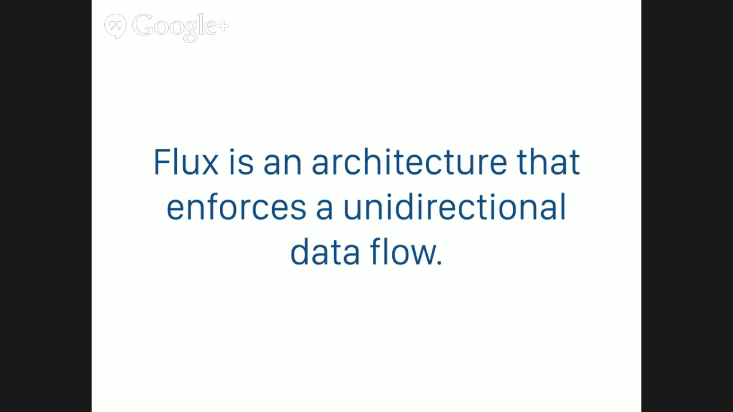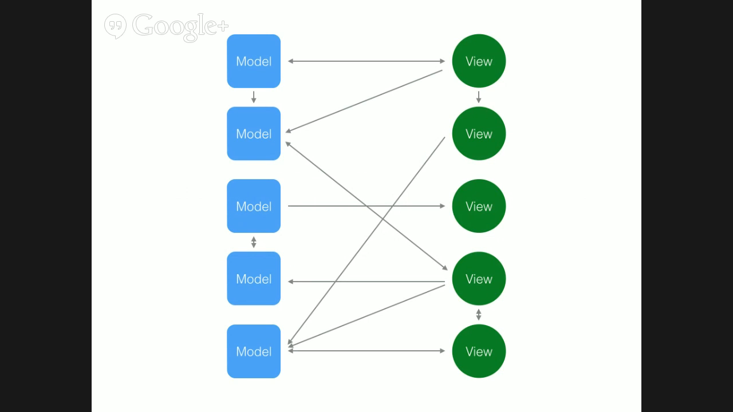This is a quote from their website that says, Flux is an architecture that enforces a unidirectional data flow. And in their introduction, this is how MVC looks. It's kind of true if you are not careful with things. I think it can happen. You have a lot of models, you have a lot of views, and you have a lot of unclear dependencies